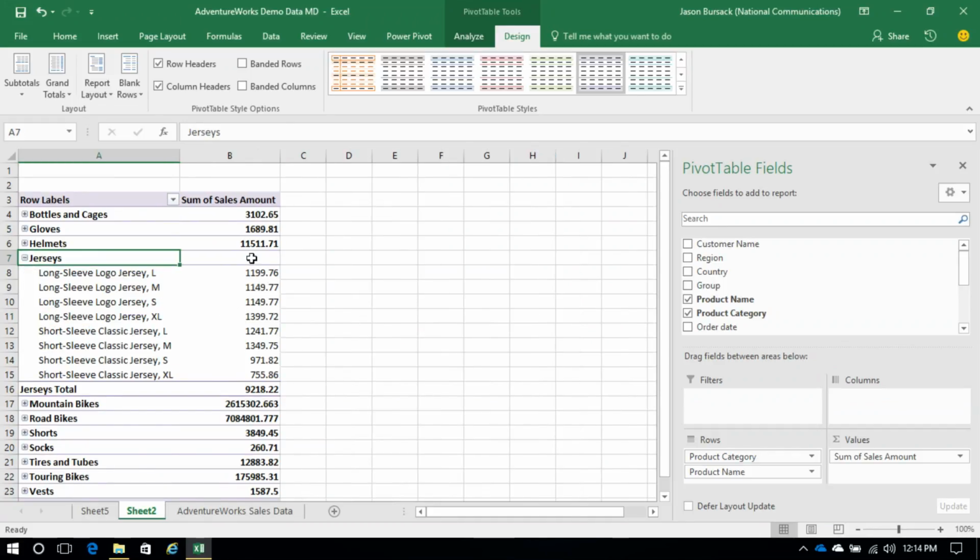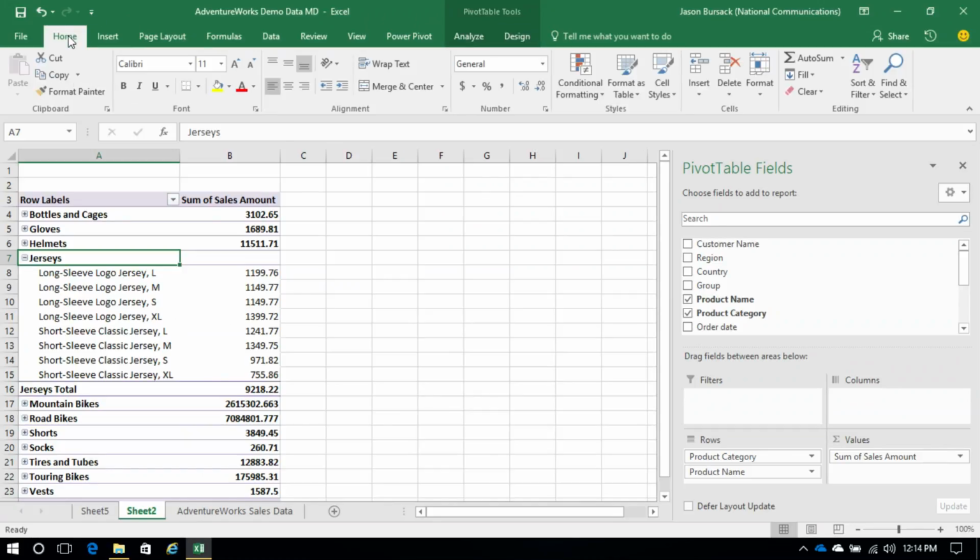Maybe not socks. Let's do jerseys. I'm going to expand jerseys. I'm going to go back to my Home tab now, and I will apply an icon set to this area of the data. I'm going to say the goal for jersey sales is $1,200 worth of jerseys, and I have a separate salesperson in each category, which of course is unrealistic, but for